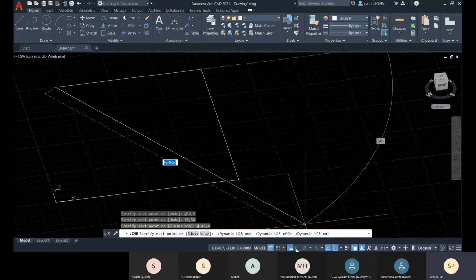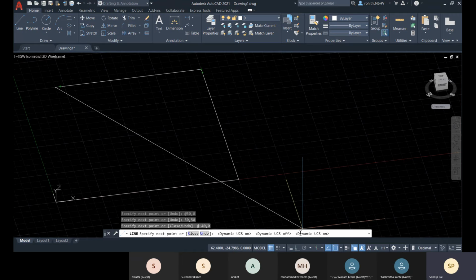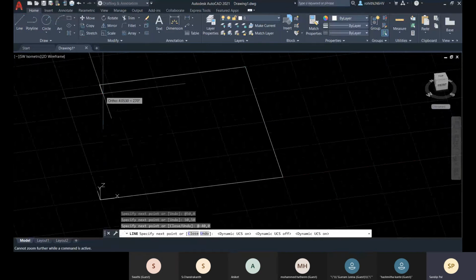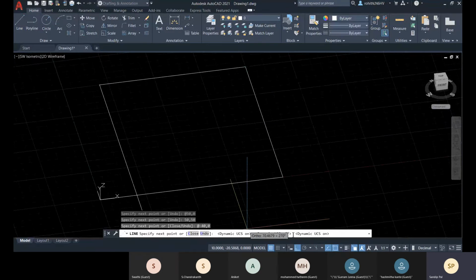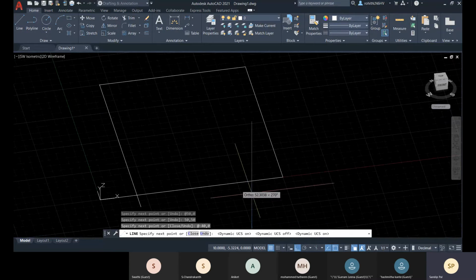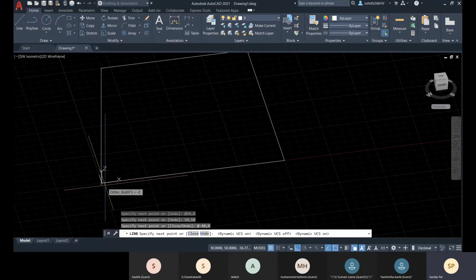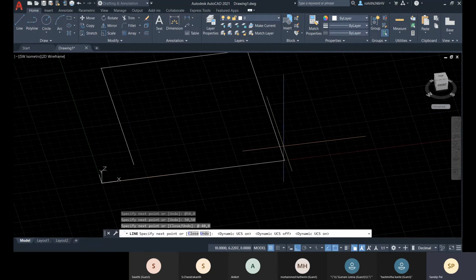Now you see, and let me go with that. Okay, so all right, now just focus on that, whatever value you were typing, it is working as per the UCS now, right?